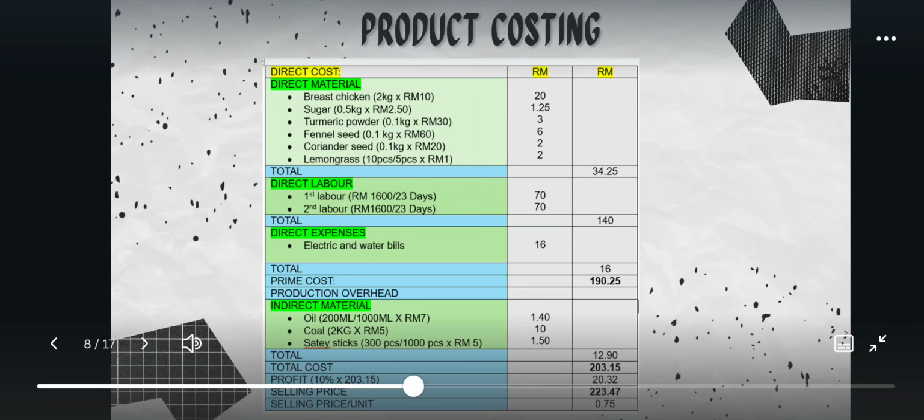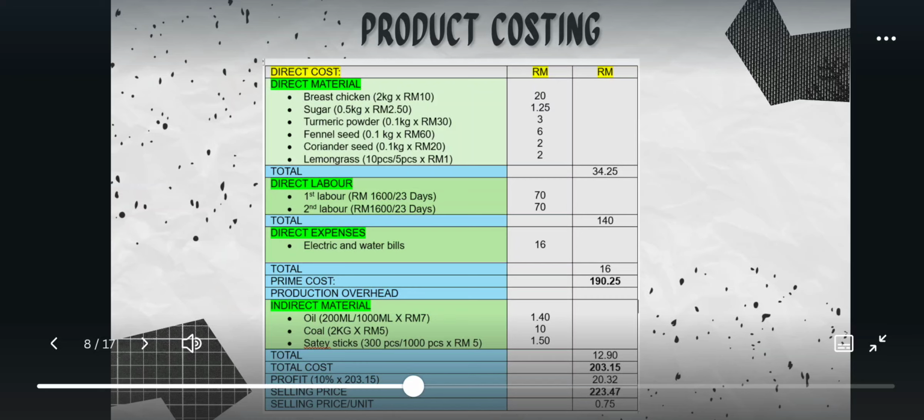So for the product costing, we have two kinds of product, chicken satay and beef satay. For the chicken satay, we have direct material, direct labor, direct expenses, and indirect material. For direct material, breast chicken,